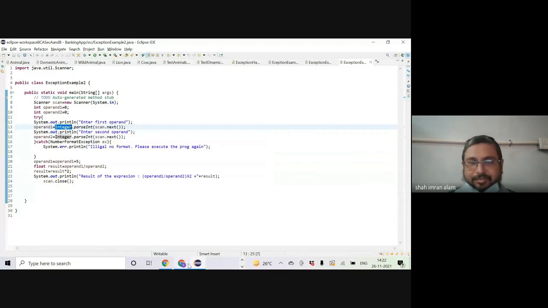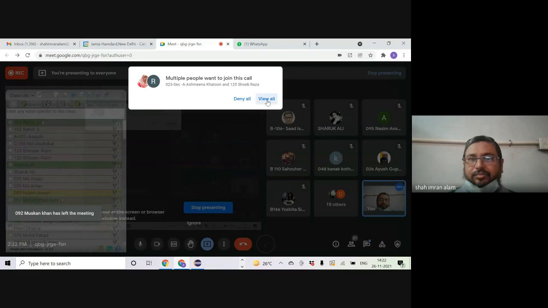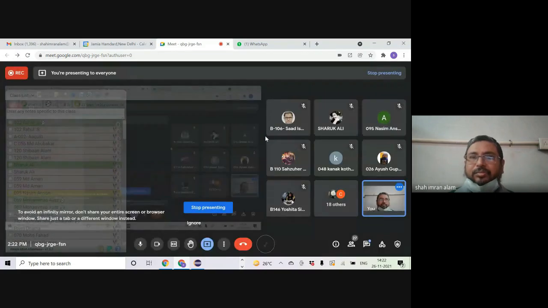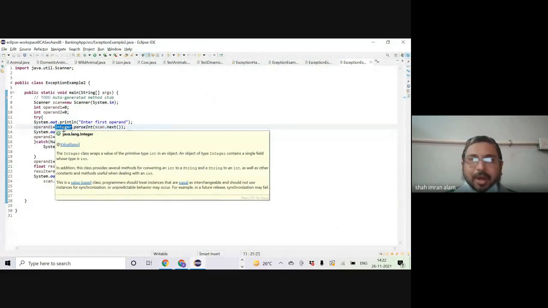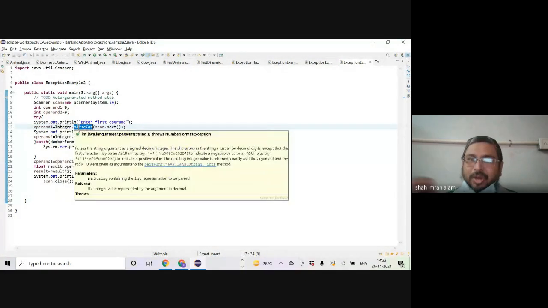ParseInt is a utility method. Similarly, if you have got Float as a wrapper class, parseFloat will be the method, right? To convert a string literal into a floating point number or integer number, provided it is actually a floating point number or integer number, which is coming as a string.